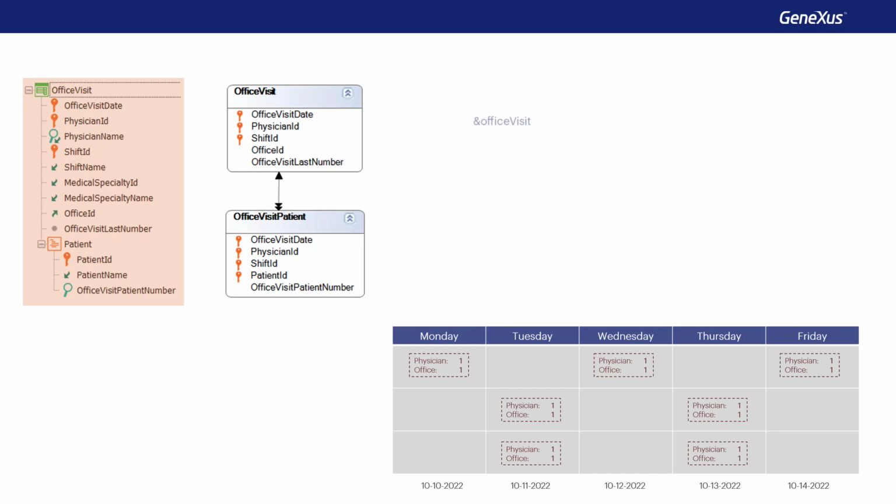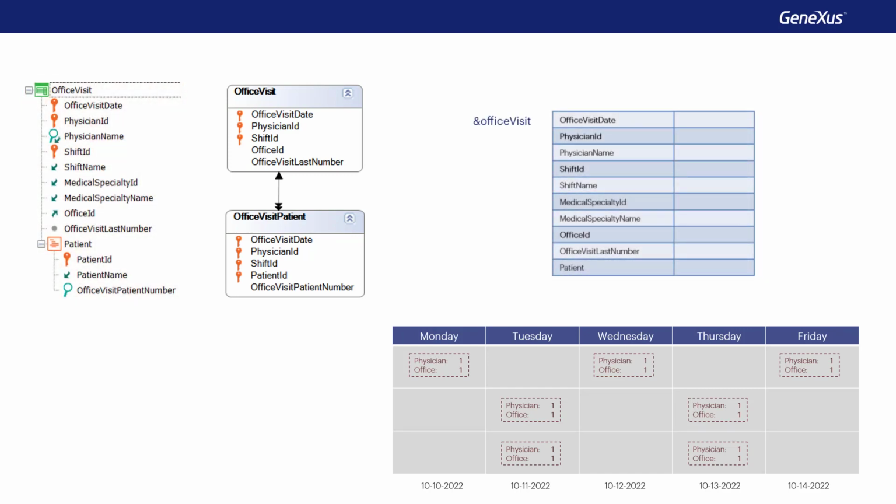For example, using a single variable, filling in the required data for the first record, and applying the insert method to it, then clearing it and doing the same for the following office visit on Wednesday. That is, loading the data and applying insert, and so on.